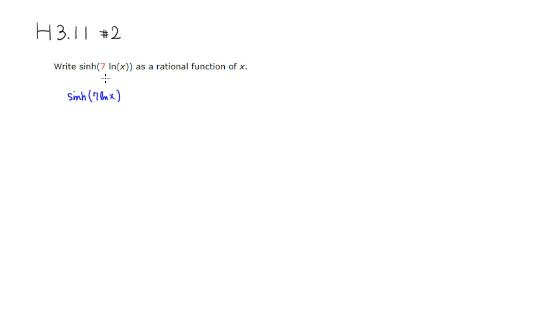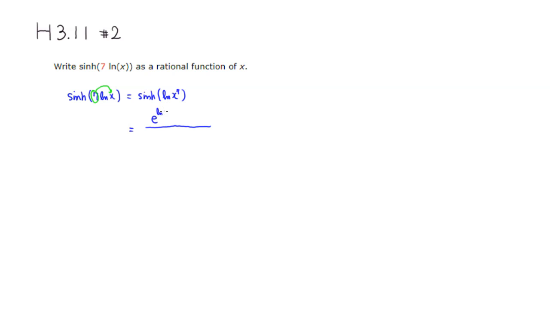First thing I would probably do is move this 7 up here, so we can write it as hyperbolic sine of natural log of x to the 7th power. All right, so we have that. Then following the definition of a hyperbolic sine, hyperbolic sine is e to the